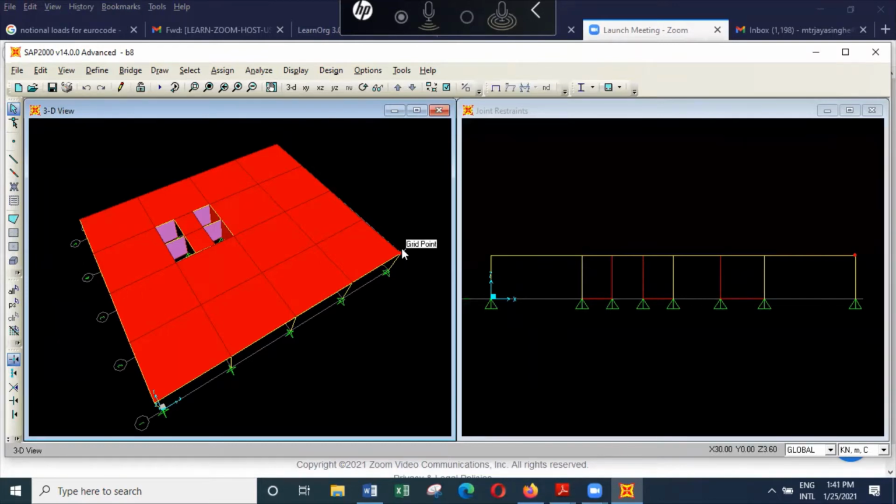Because the foundation is modeled with springs, reasonably accurate behavior can be obtained. There are different methods, but there isn't a rule to say you must fix it. The only thing is, if you have considered that the column is fixed at the ground level, then there will be a bending moment transferred onto the foundation, and the foundation should be designed to carry that bending moment. So the designer has the freedom to choose, but has to make sure that if he has assumed the fixed condition,